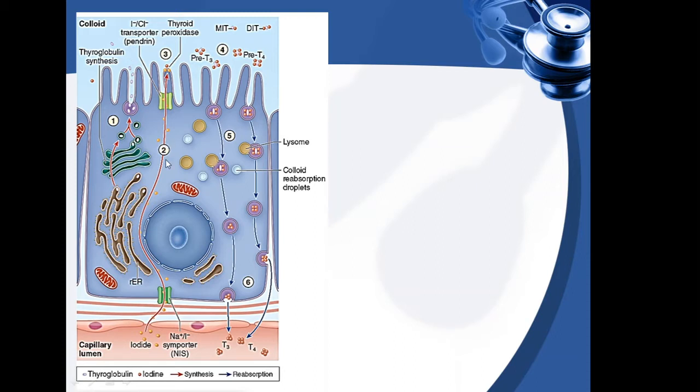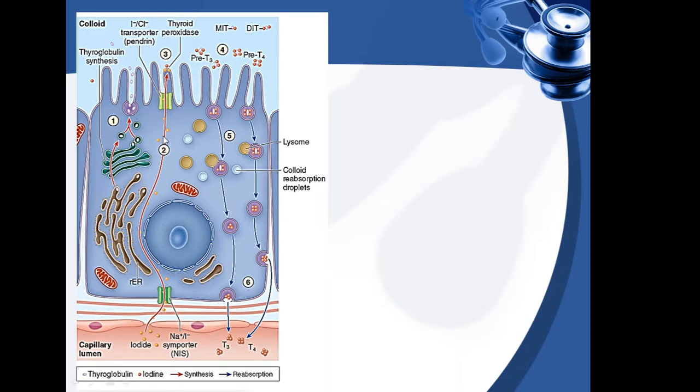The second step, you can see that the blood carries iodide towards the follicular cells, and the iodine is transported into the cell through the sodium iodide transporter or the NIS system, and the iodide then travels towards the apical membrane,